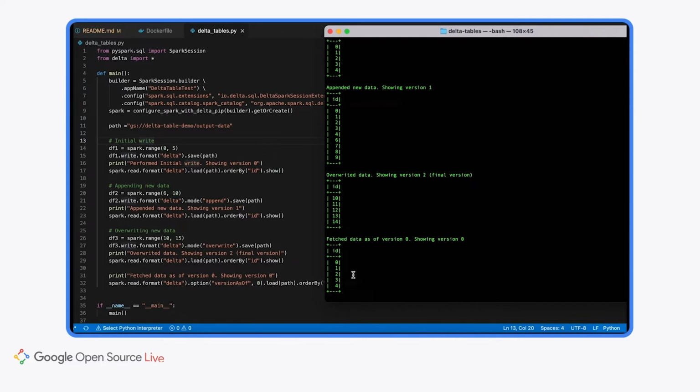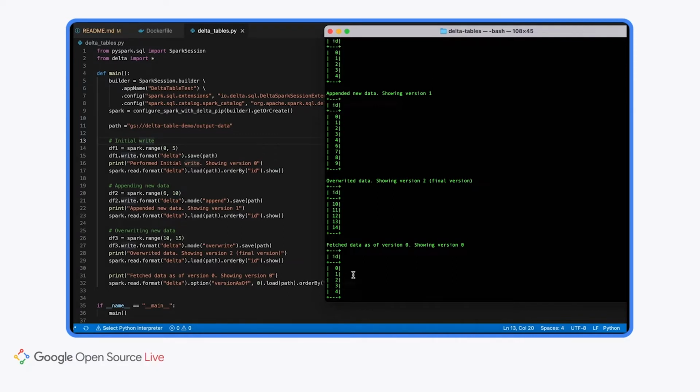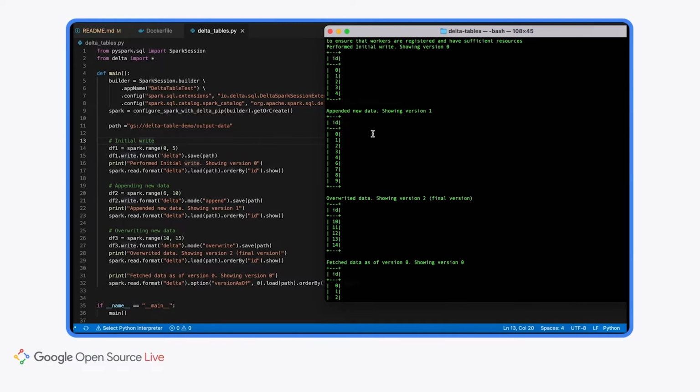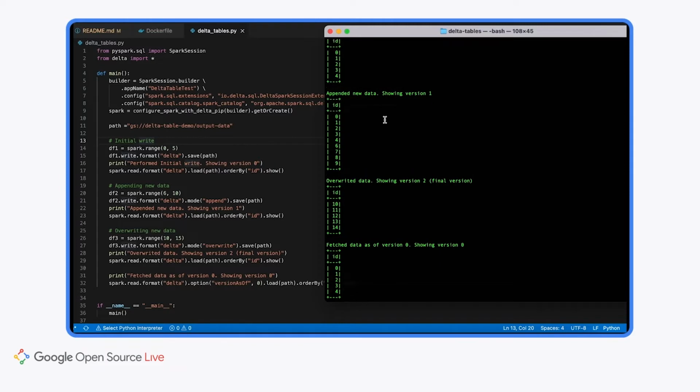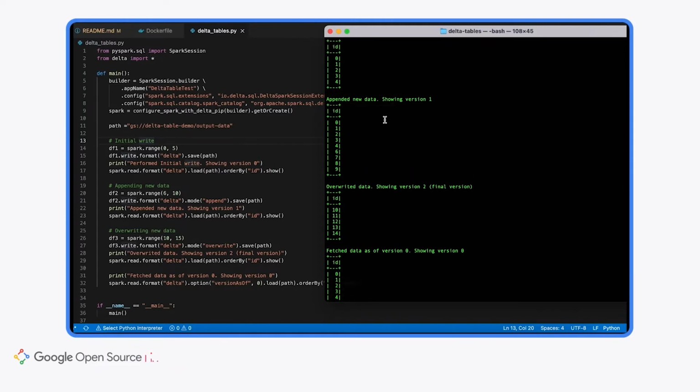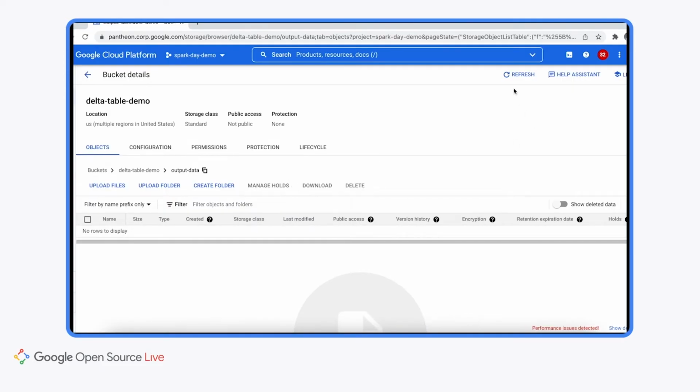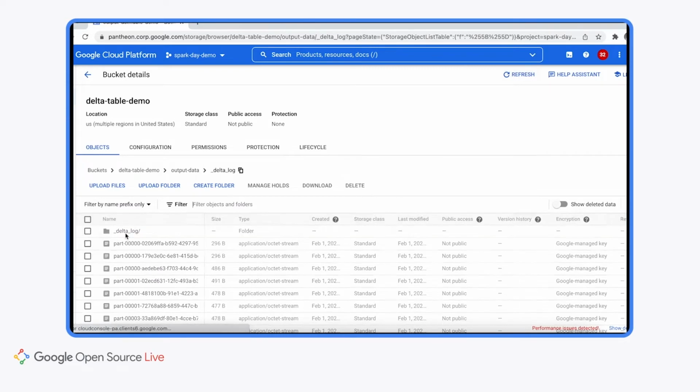So now what we did is that we time traveled and got the original version, version 0. That's the final log there. And you can see that the records of that last log are the same as the records of the original version. So we successfully recovered data from a specific point in time, a specific version of our data lake, thanks to Delta tables. And let me show you how this happens, what's going on under the hood.